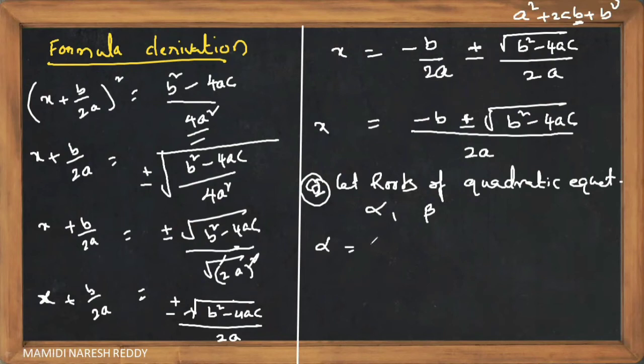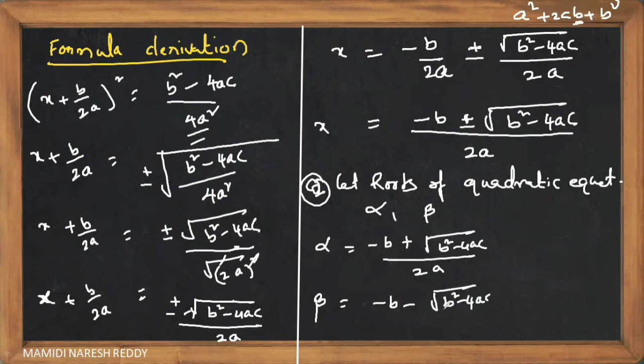Now alpha is equal to minus b plus under root of b square minus 4ac by 2a. And beta is equal to, beta, you need to pull out its leg, children, minus b minus under root of b square minus 4ac by 2a. That's it. Did you get the answer, children? Please kindly take a screenshot, children. It's a wonderful problem. I like this problem very much.